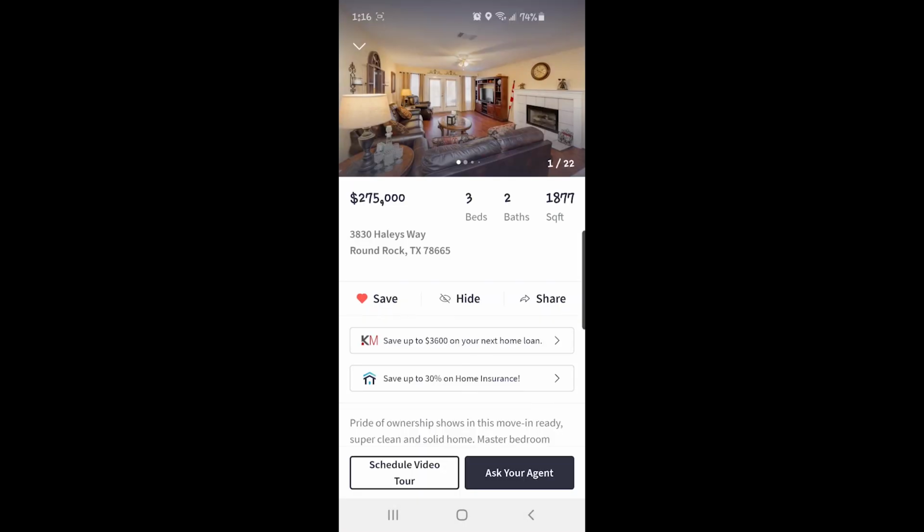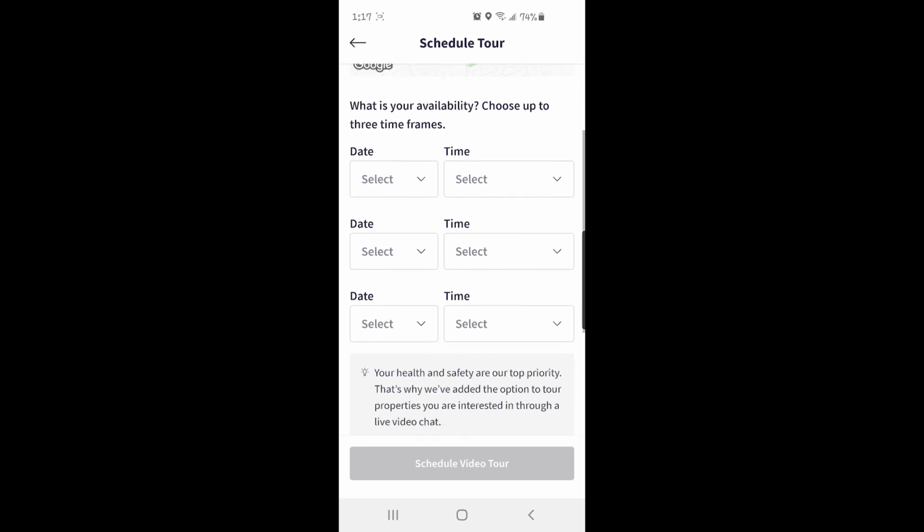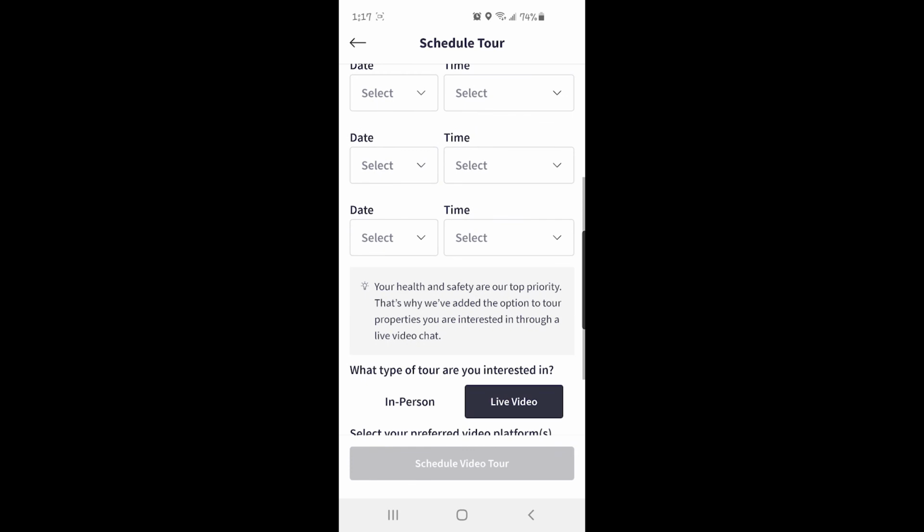You'll also see under each specific property listing that you have the option of scheduling a video tour and asking your agent any questions that you may have. So if you click on schedule a video tour, it brings up a page that is especially helpful during the current social environment. You just input the requested information about your availability, the type of tour you're interested in, and